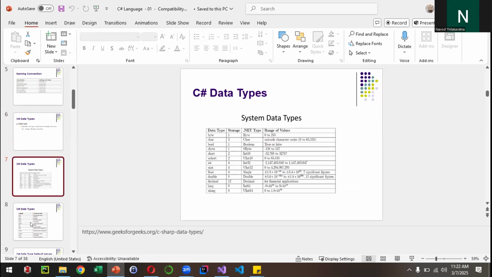Data types. You don't have to memorize the entire thing in the table, but